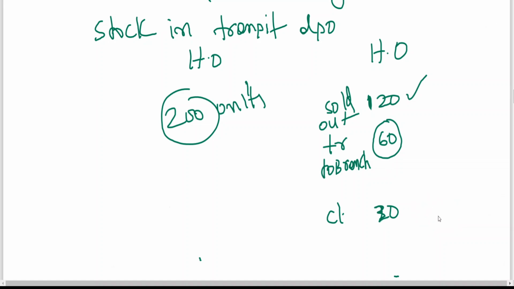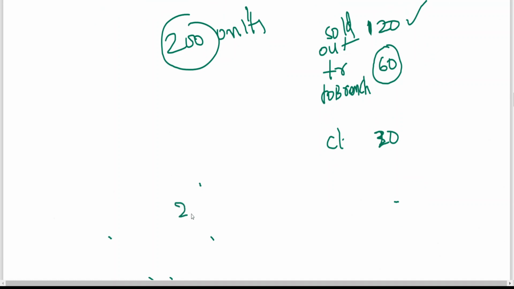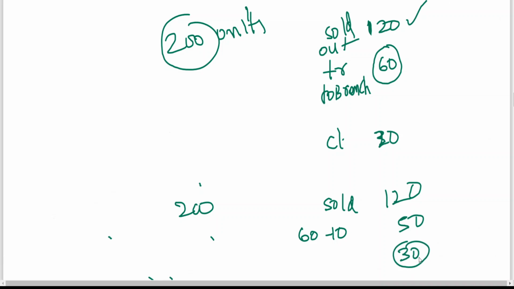But what happened? This is one option. 200 units purchased, sold to outsiders 120, transferred to branch 60, but 10 of the 60 is in transit. Now you have 50, so 200 minus 70. How much do you have? 30. That means closing stock of head office includes the transit item also. If I don't treat the transit item as a sale, my closing stock is 20. Since I am deducting the transit item from goods sent to branch, the transfer is coming to 50. So the closing stock in units with head office is 30. That includes the transit item.